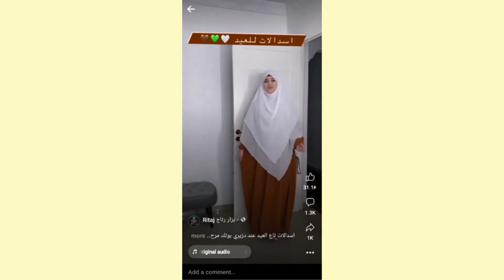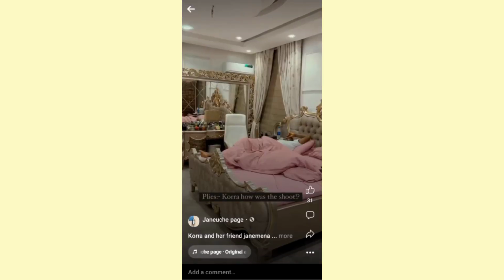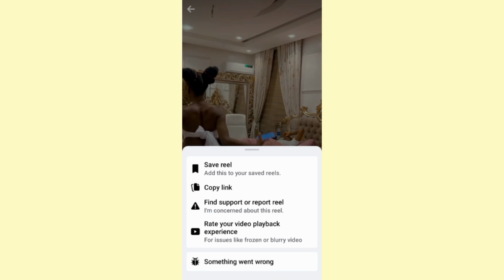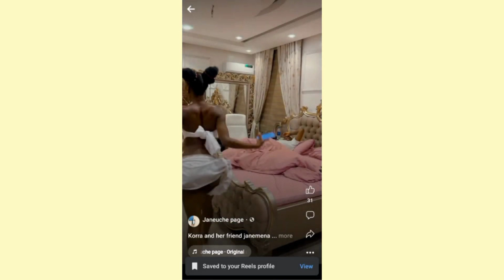Say this one for example. Let's click on the three dots at the bottom right. Click on save reel. Let's go ahead and save another one. For the rest of my, this one for example. Okay, now that the reels have been saved,